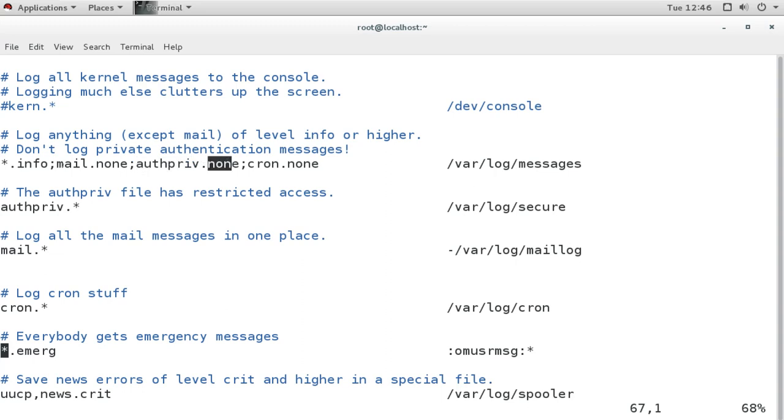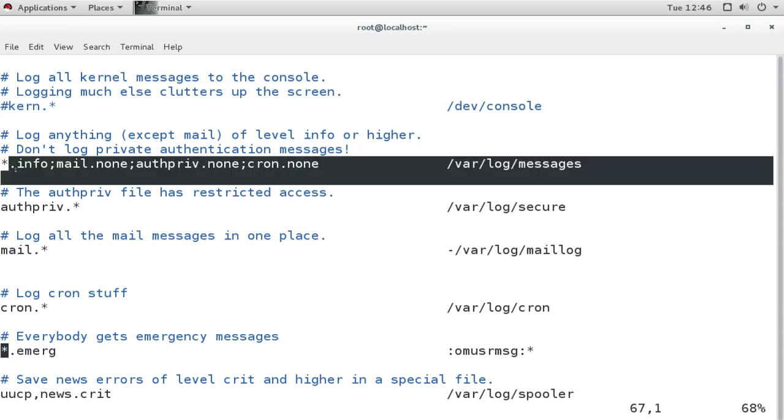These are facilities, such as mail, authpriv or cron. A facility means a type, and on the other side it defines the priority. In the configuration file, the format is facility.priority.